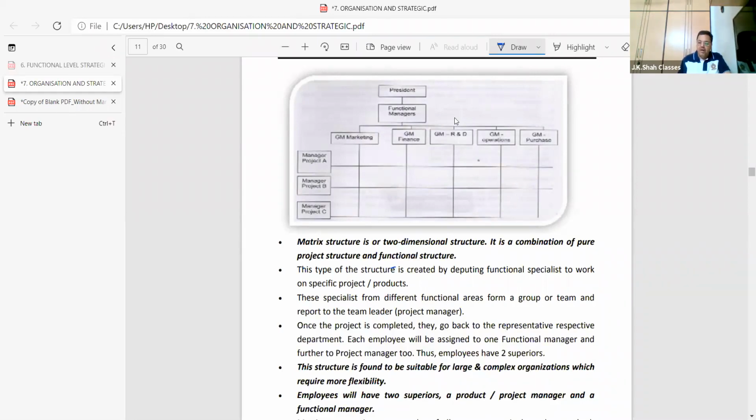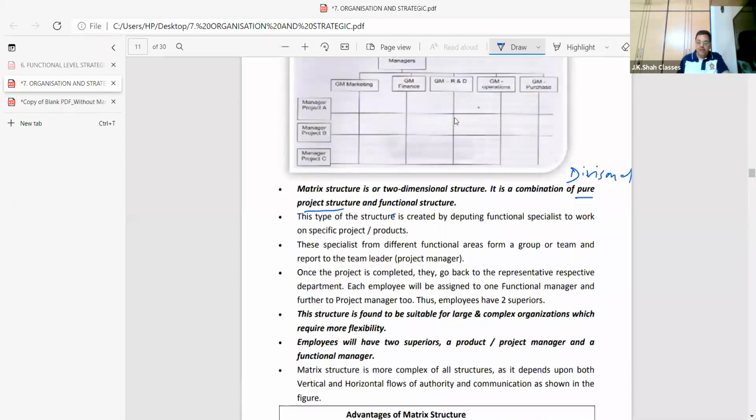Please listen. When I say pure project structure, you can write over here, it's a combination of pure, as per our explanation, divisional structure and functional structure. But a project over here, project also is right. Project can be in the way students had given you the example of that construction company making airports. There, the project and functional.